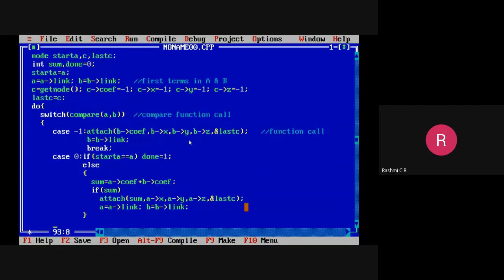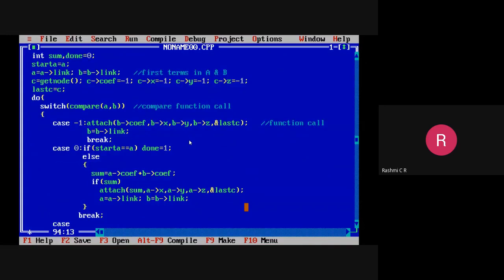So this is case 0, just break, then go with case -1. Case -1 is a situation where you will be appending the B terms. Then case 1: when A terms are greater than B, it is returning 1.